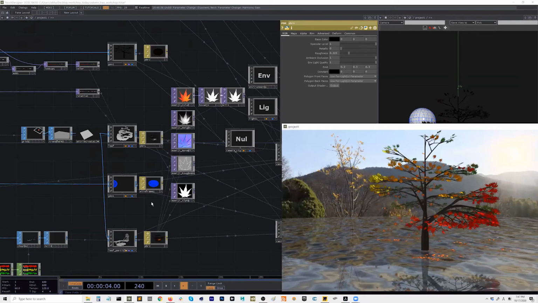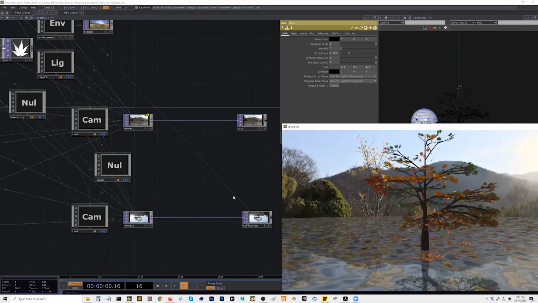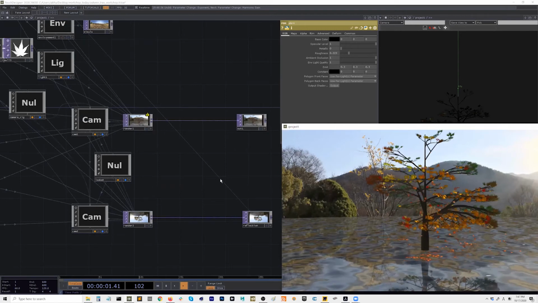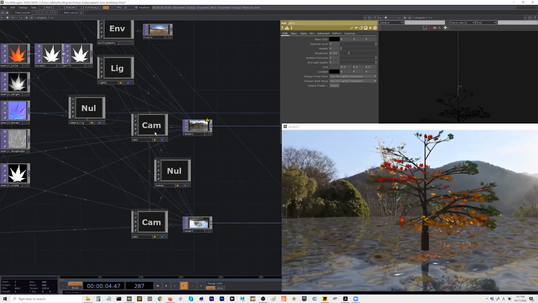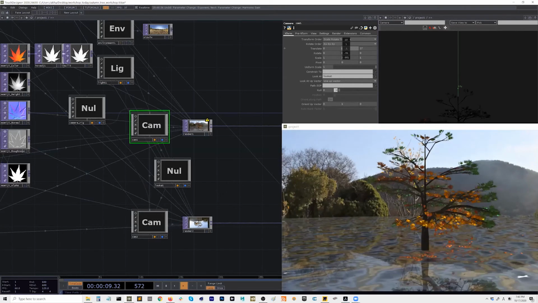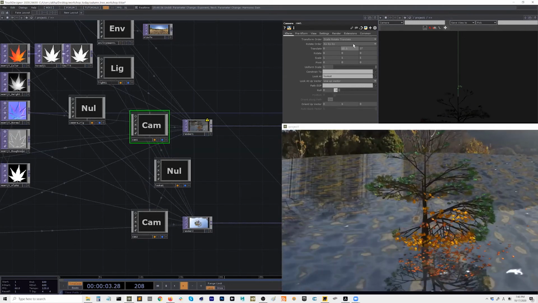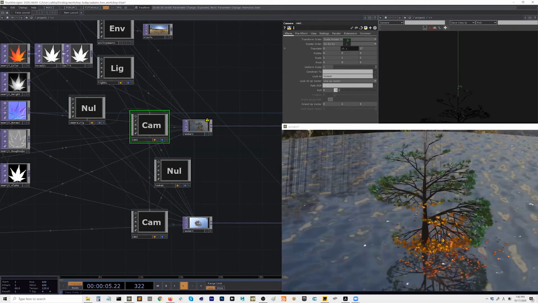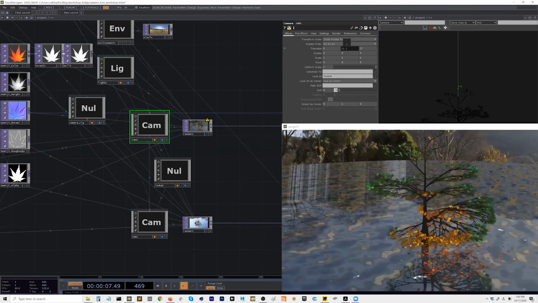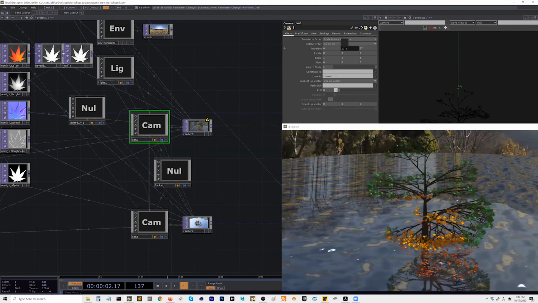And let's see, we have like 10 minutes. One thing I wanted to mention about this reflection technique is that it tends to break if your camera is too high up in position. You see it starts to get stretched, right? So there's some limitation to it, but it would work if you're only doing reflection for the tree.